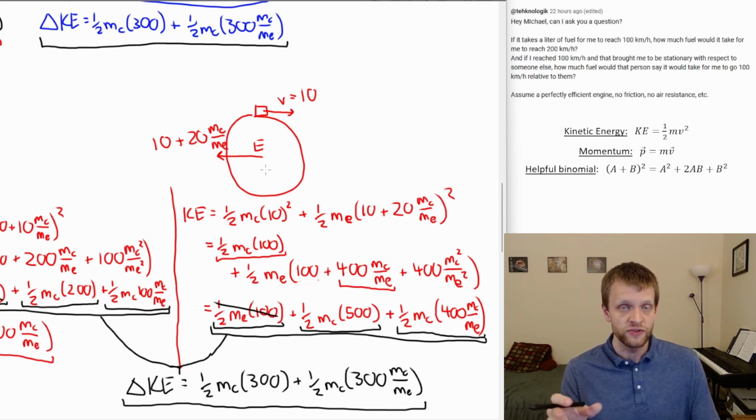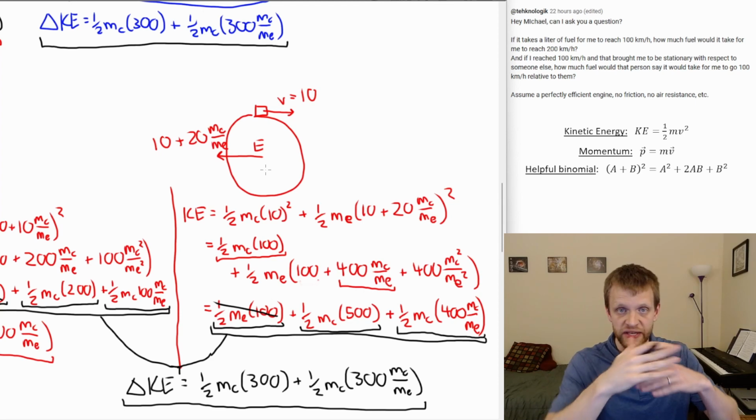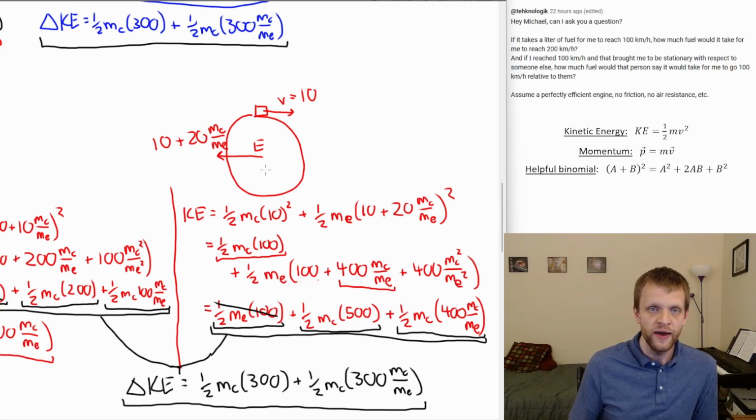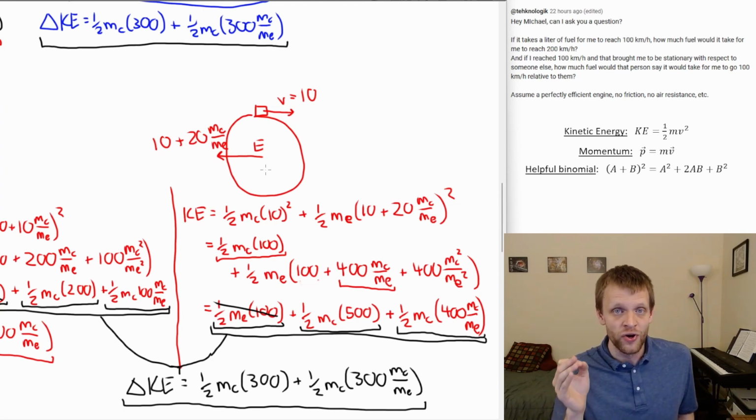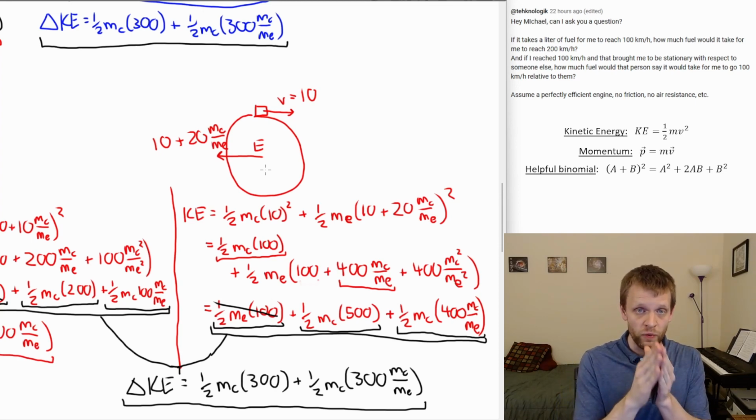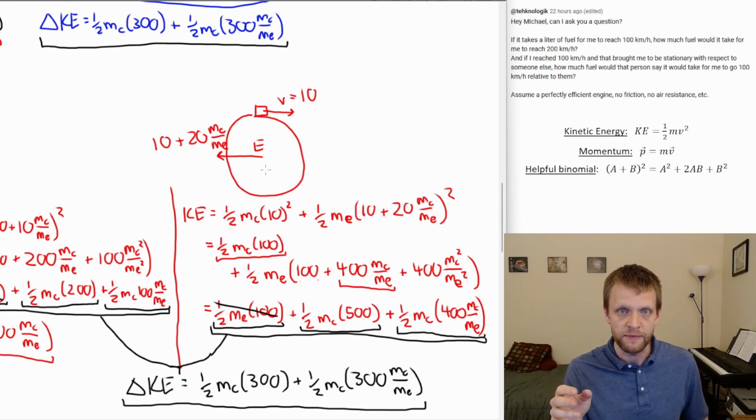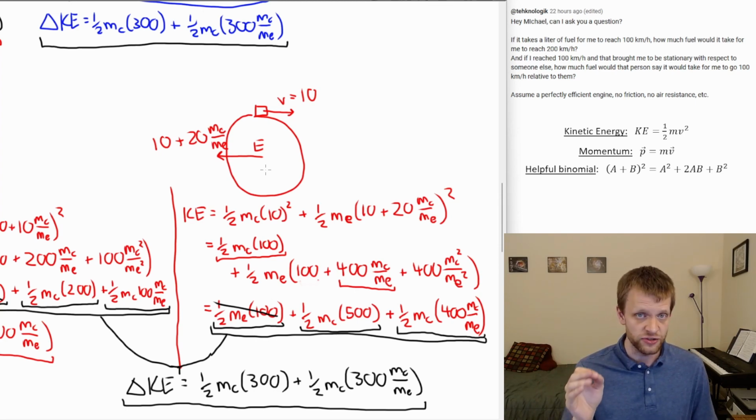When we apply both conservation of momentum and conservation of energy to the entire system, all of the objects that are interacting with each other, then it actually doesn't matter which frame of reference we're using. Any of these total changes in kinetic energy are going to be the same. It still takes the same amount of fuel to go from 10 meters per second to 20 meters per second, even if I'm in that moving frame, but we have to consider the entire system. And for this case, that system includes the Earth.